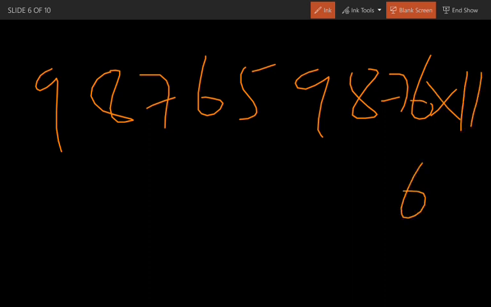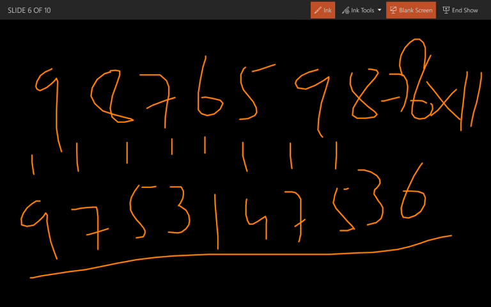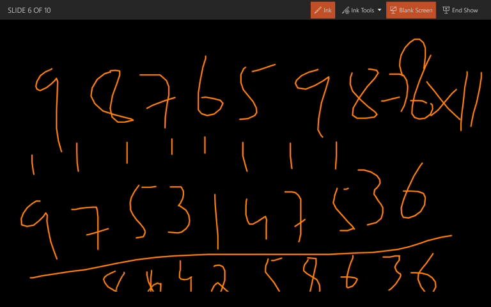So the answer is going to be 7 plus 6 is going to be 13, 8 plus 7 is going to be 15, 9 plus 8 is going to be 17, 5 plus 9 is going to be 14, 6 plus 5 is going to be 11, 7 plus 6 is going to be 13, 8 plus 7 is going to be 15, 9 plus 8 is going to be 17, and the last number. So you just have to add these: 6 3 6 8 5 2 4 6 8 10.